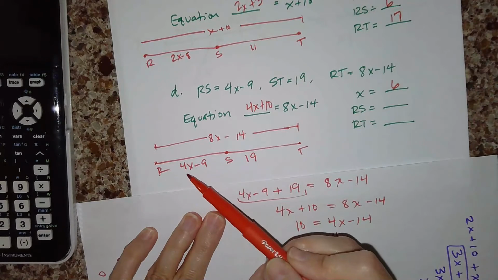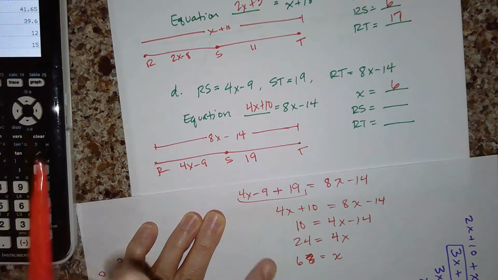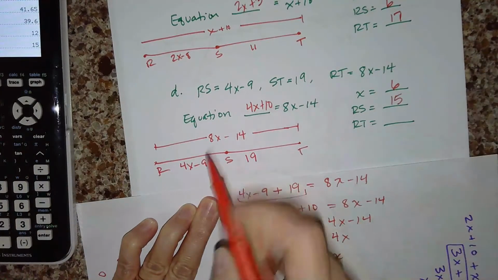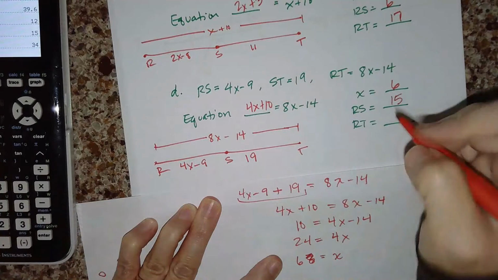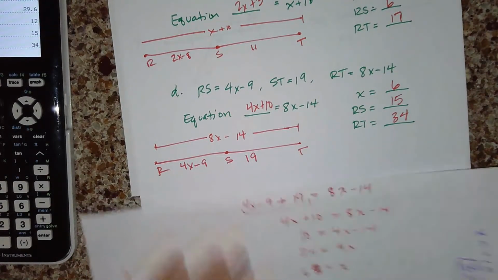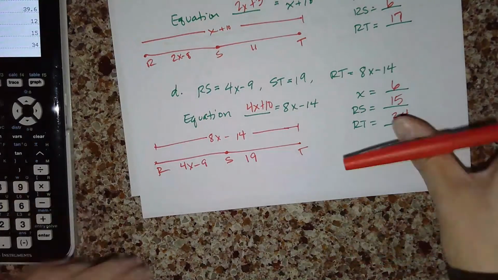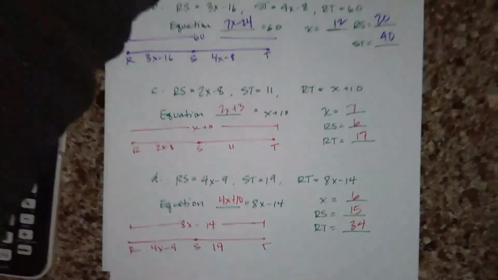Let's plug in here. So this would be 24 minus 9, and I get 15. And if this is 15 and that's 19, if you add those two together, you should get 34. Okay. So those were a lot of segment addition postulates, very good questions,